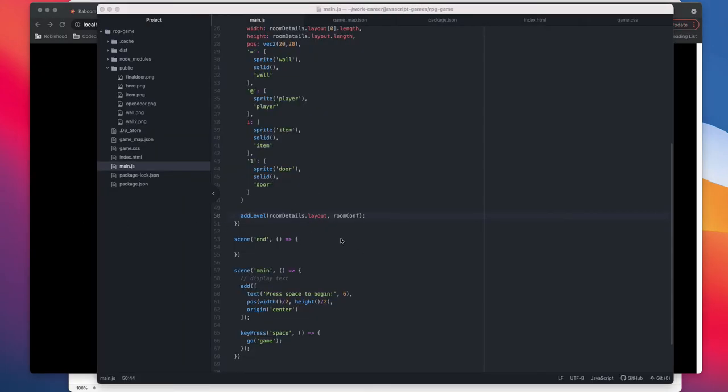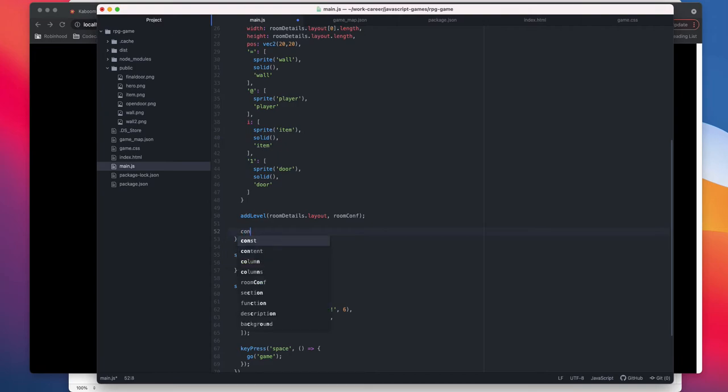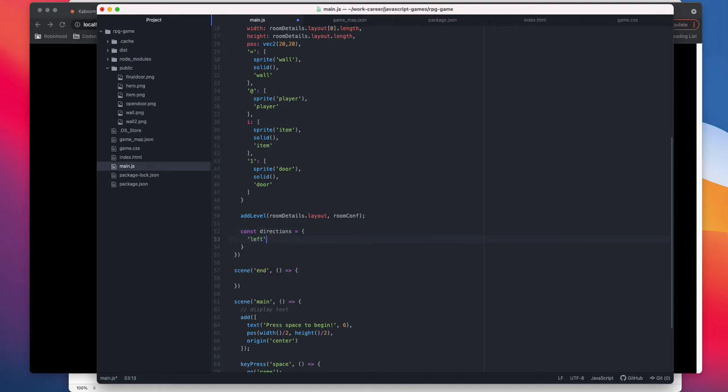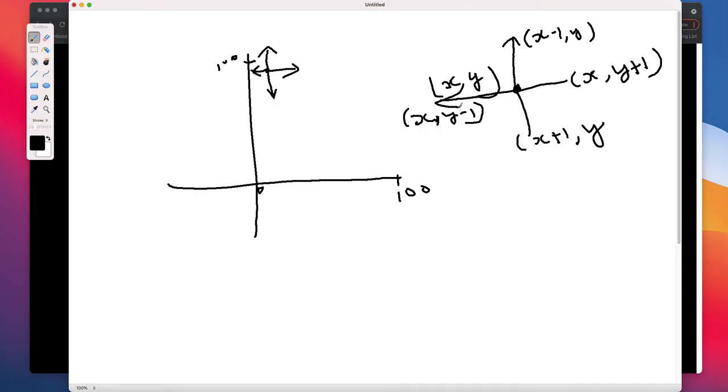So in the code I'm gonna create an array called const directions. This is how I like to use it. So we are gonna map it with left. So this left is gonna be the key that we press, right? So our game engine can detect if I press the left key on the keyboard, it's gonna map to this string left. So in case of left, we saw that we only want to move towards the x, in this direction, which is our left, right?